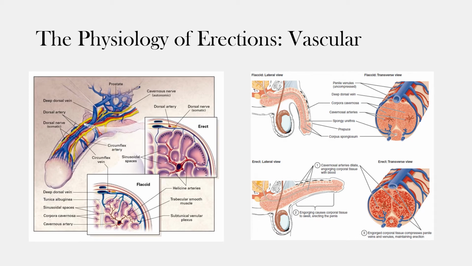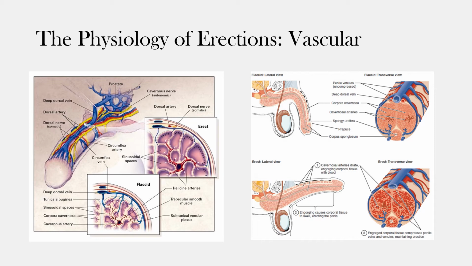are its arterioles. So you have an increase of blood supply into the corpus cavernosum, and you see these sinusoidal spaces. These are these purple pouches, and as the artery dilates, the blood flow to those sinusoidal spaces increases as well, and so it blows up and expands like a balloon. So that's for the erect. You see the difference with the flaccid box, the central deep dorsal artery, or cavernosal artery, that's quite constricted. Because it's quite constricted, the sinusoidal spaces are